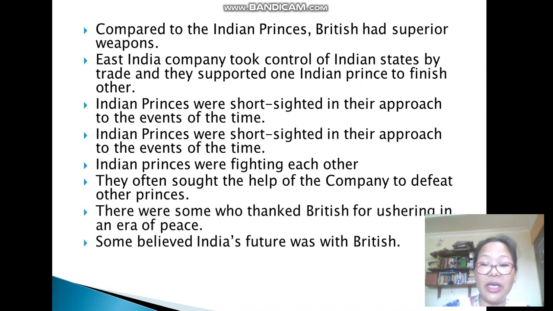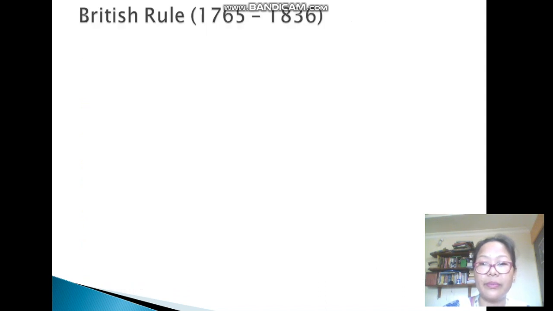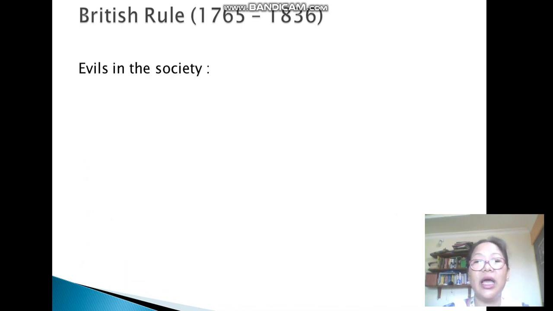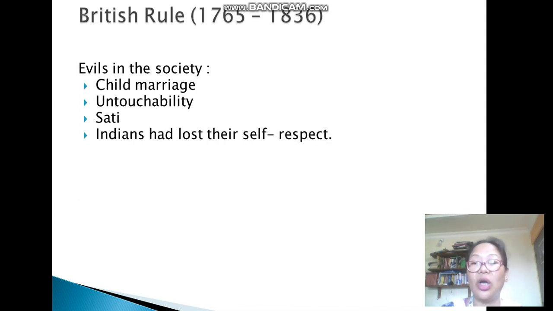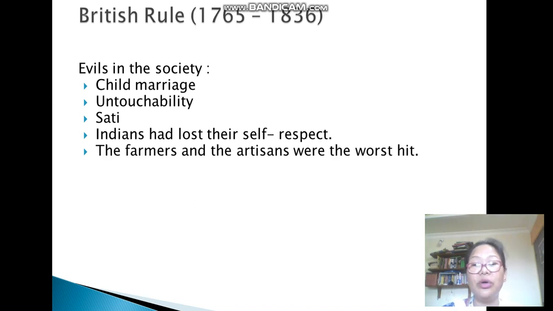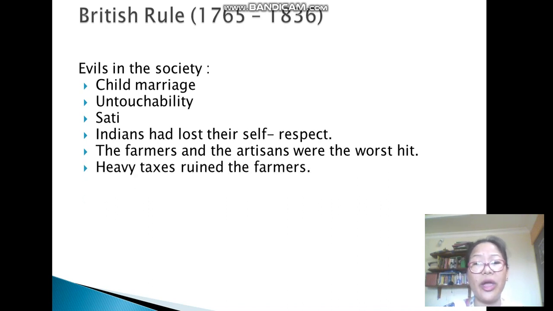Then the next is British rule between 1765 to 1836. The evils in the society. What were the evils? They were child marriage, untouchability in the society, sati. Indians had lost their self-respect. They thought their future was in the hands of the Britishers, and the artisans and the farmers were worst hit